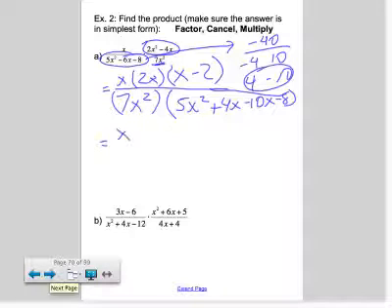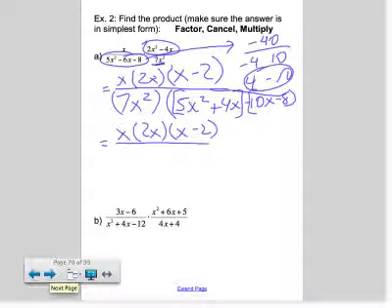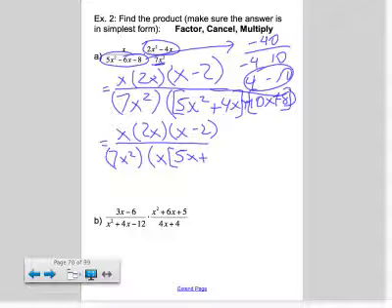So I have x(2x)(x minus 2) on top. On bottom now, we can group this and this. My suggestion would be to change them all to plus and negative to help make your life easier. So now I have 7x squared out in front still. When I look at the first set of numbers, I can pull just an x out in front, so I have x(5x plus 4)